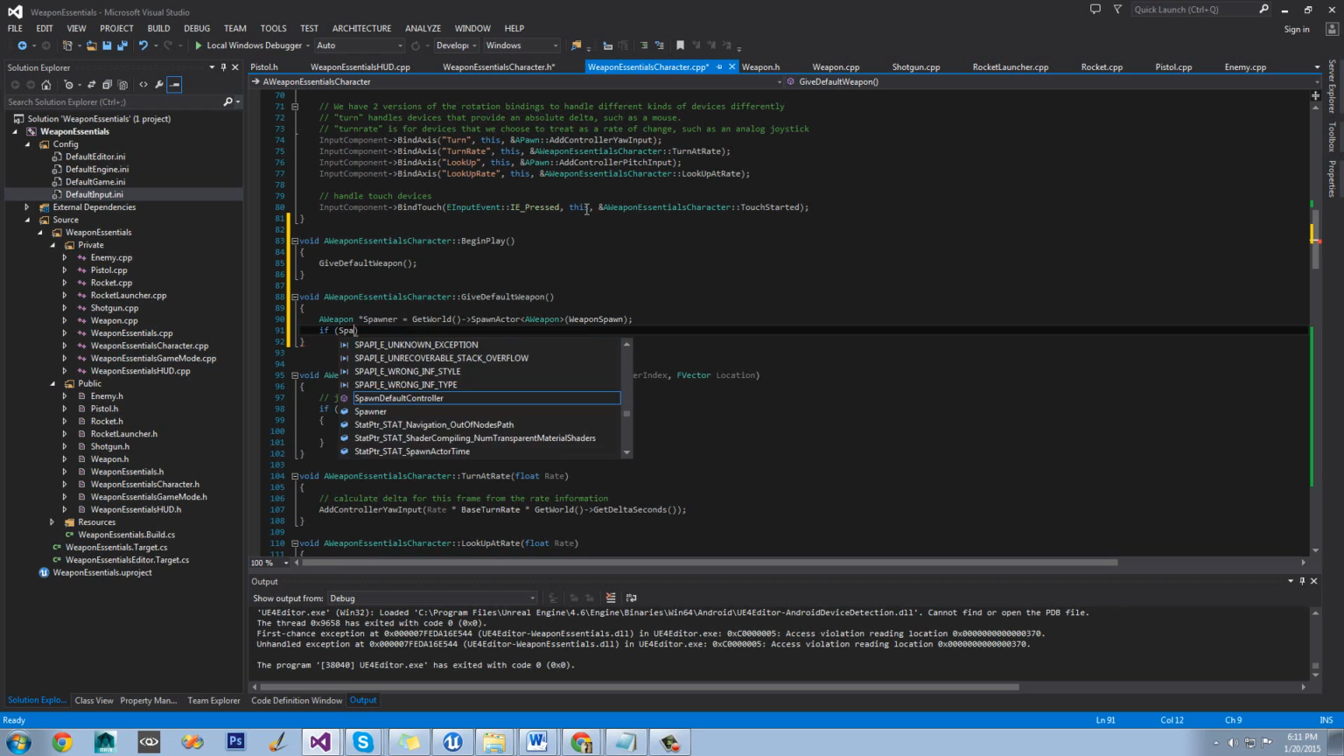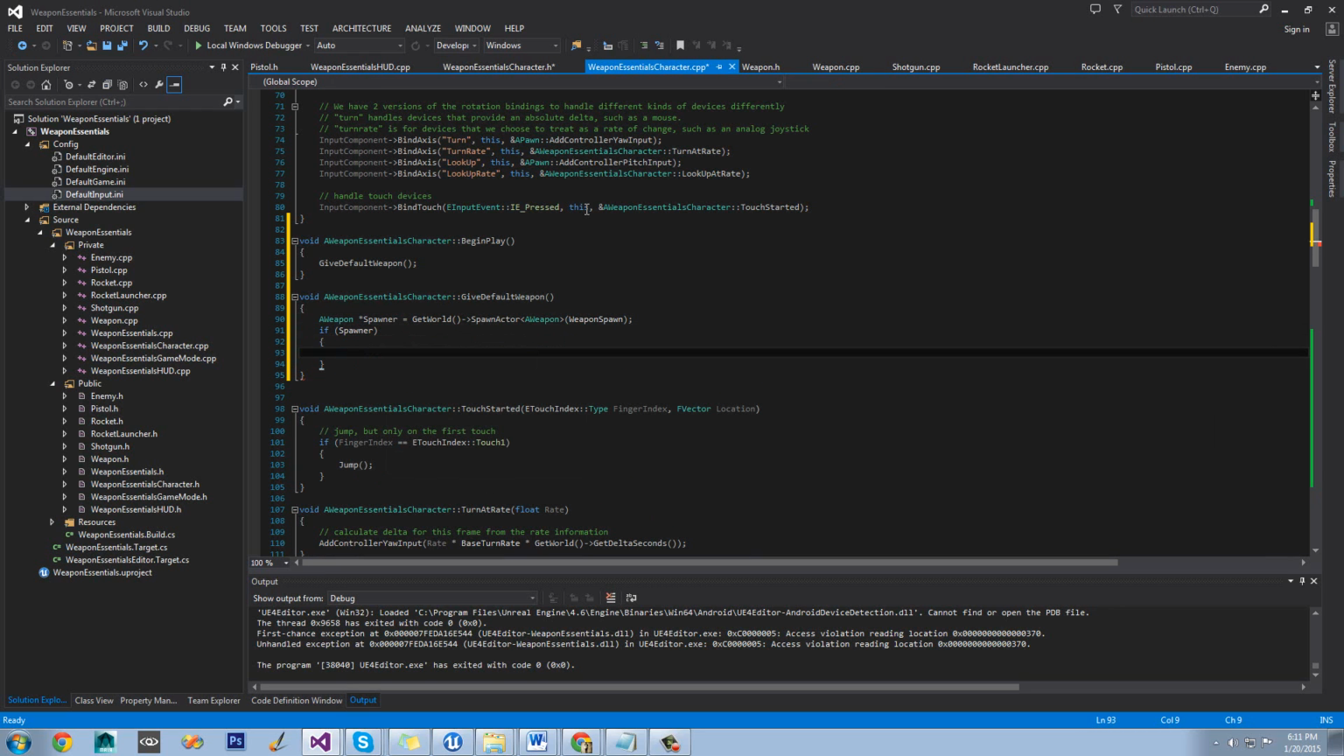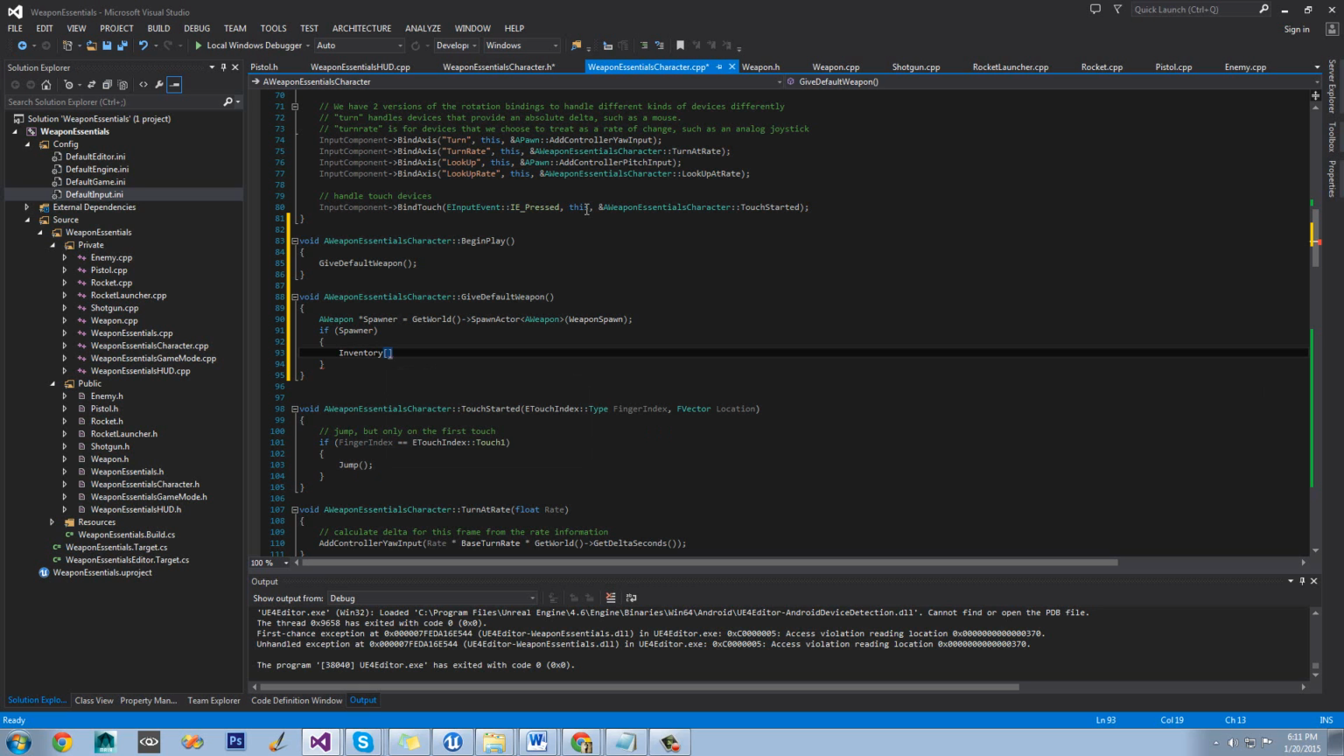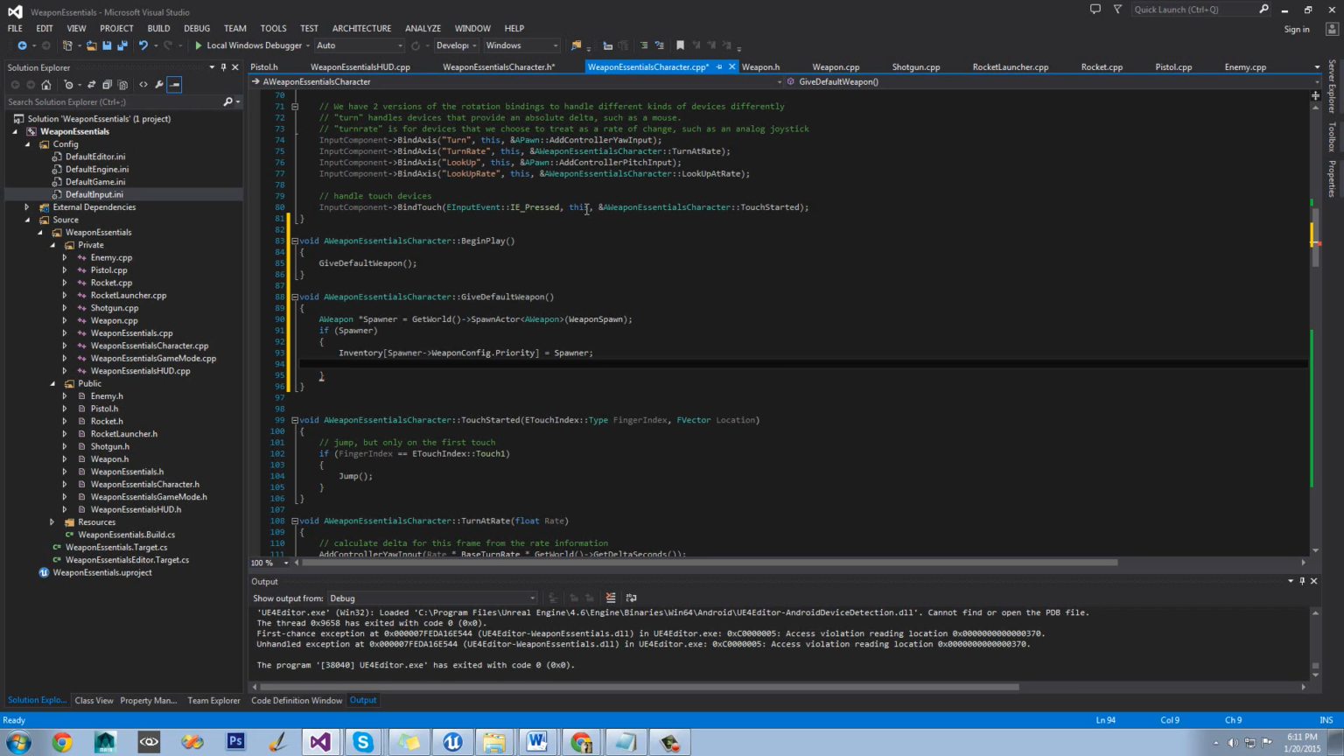And let's do that. If spawner. I like to call it spawner so I know what the variable is. So I'm going to say inventory. We're going to say spawner wep config dot priority. That slot is going to equal. Hang on a second. Spawner, and then spawn current weapon will equal inventory spawner wep config dot priority, and then